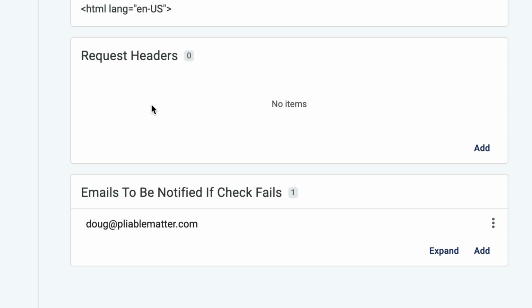And then you can also add in request headers. These are HTTP headers for things like passing an authorization header or really anything else that you would need specific for the website or web service you're going to be calling. And then finally, down at the bottom, we have the emails that we want to be notified if a check fails. And you can add in multiple emails and it will reach out to each one of them